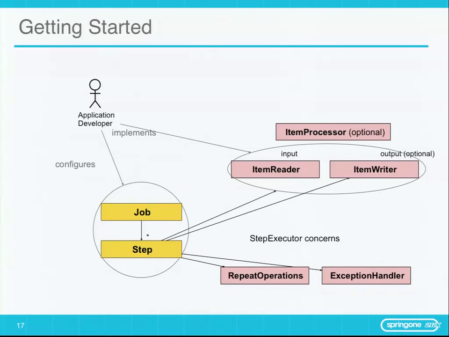So again, job, lots of steps. Each step has an item reader and a writer and a processor, and they're optional, right? I think you can just have an item reader, which I can't imagine being useful by itself. But if you have an item reader and an item writer, or an item reader and a processor, or an item reader and a processor and a writer, a lot of power there. Typically, I plug in something that Spring Batch already has for my readers and my writers. There's already a lot of them. I don't need to write my own usually, unless you have some sort of different use case that we haven't thought about.